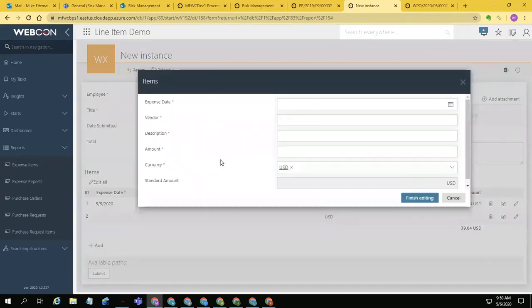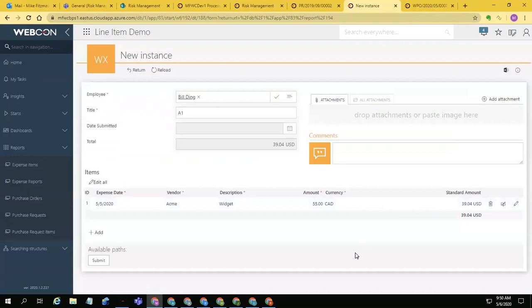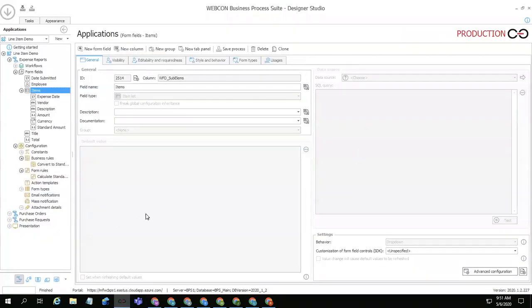It's sort of like a form, a pop-up form inside a form. They both have their merits. And as it turns out, it's really easy for you to choose. In fact, you can get very clever about this. So check this out. I'm going to go here to, let's see, why don't we go to the purchase requests